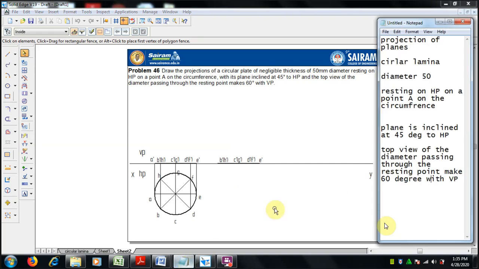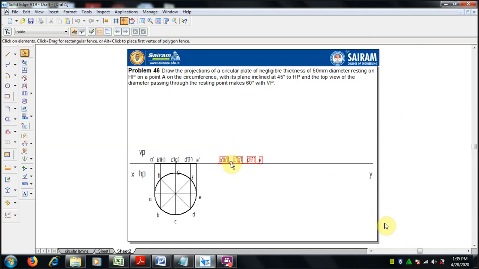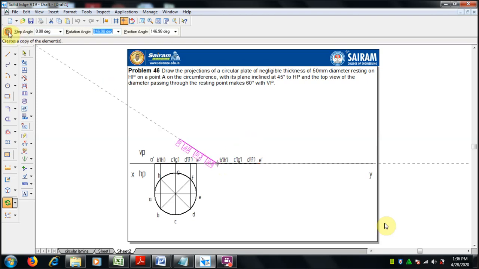The angle given is that the plane is inclined at 45 degree to HP. So now we have to rotate the front view, rotate the plane, which is resting on a single point. From that point rotate the plane so that it makes 45 degree to the HP.